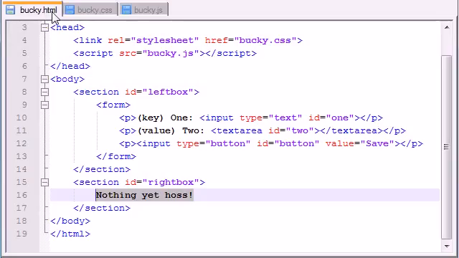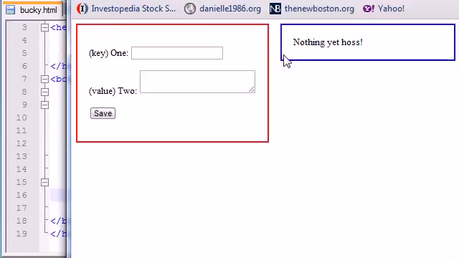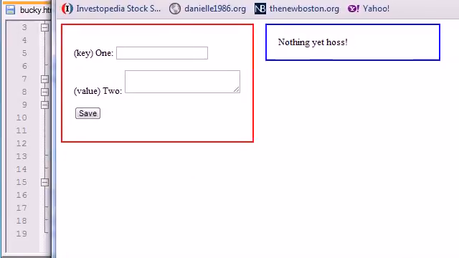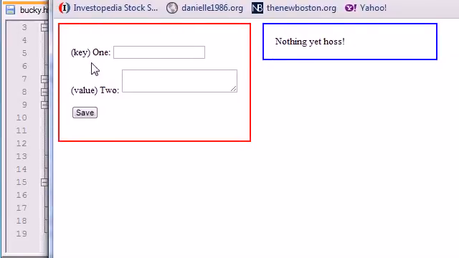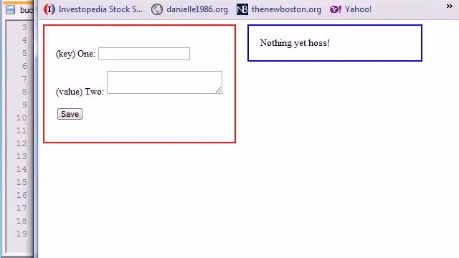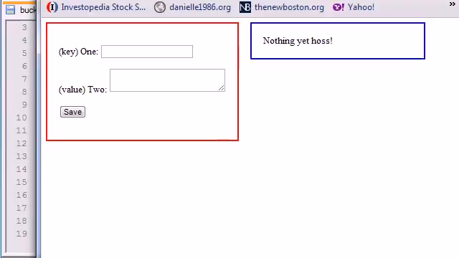So let me go ahead and save this and check it out. Alright, so let me move this so you guys can see. So basically what we have is this red one is the left box, and you see the padding around it of 20 pixels, and this right one is called the right box. And this margin left is what gives us this 20 pixels of space right here, or margin padding, something else. But anyways, now that our website is looking pretty dang good,